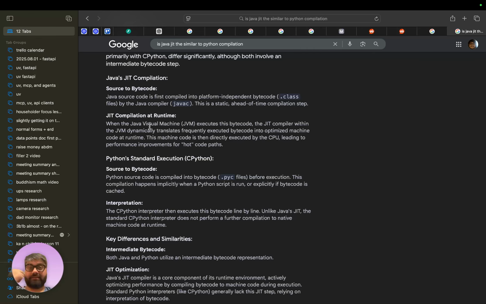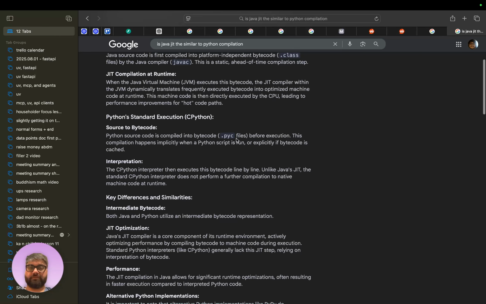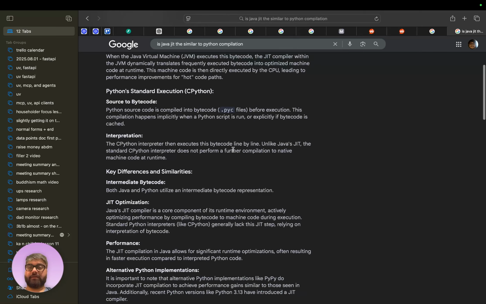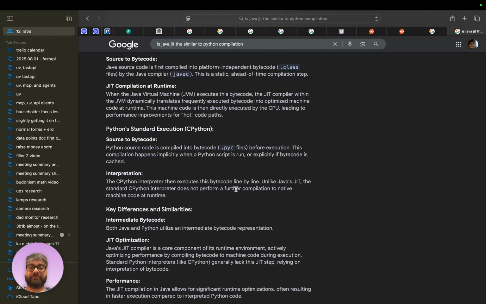Sorry, not dramatically. Why would it be dramatic? I was so confused. Python source code is compiled to bytecode in .pyc files before execution. This compilation happens implicitly when a Python script is run, or explicitly if bytecode is cached. The CPython interpreter then executes this bytecode line by line. Unlike Java's JIT, the standard Python interpreter does not perform a full JIT compilation.